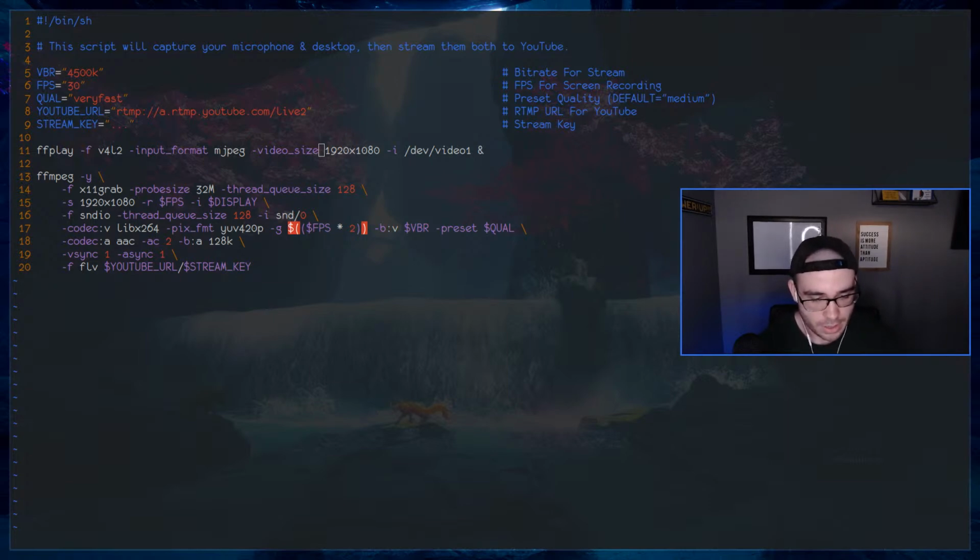And then for the media codec, using libx264 pixel format. I mean, you guys can see this. I don't need to read it all out. The reason I am doubling the FPS is because what's going to happen is if I don't do this flag